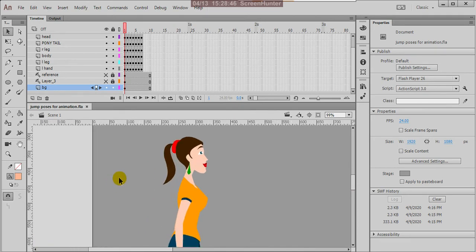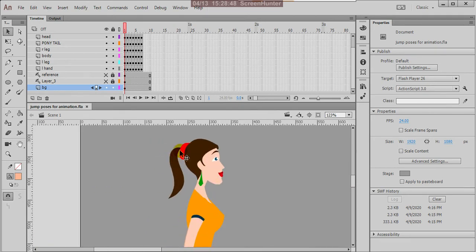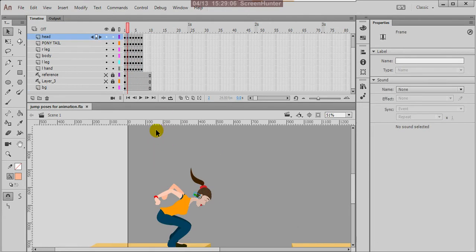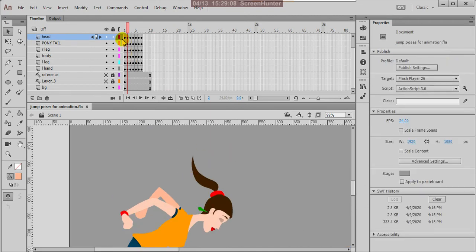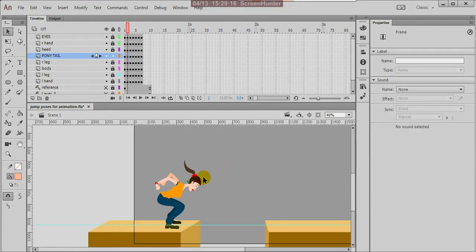Suppose here is the ponytail, the hair band is there. Here there must be stiffness, but it is loose. It can maintain the looseness here. Okay, so when you move into this pose, I'll close all the other frames except the ponytail. Yes, in this pose, because the model is taking the anticipation,